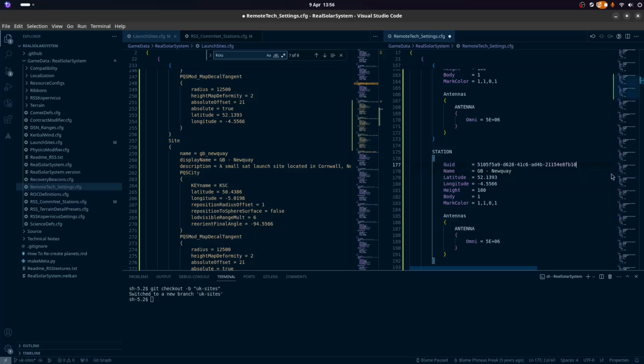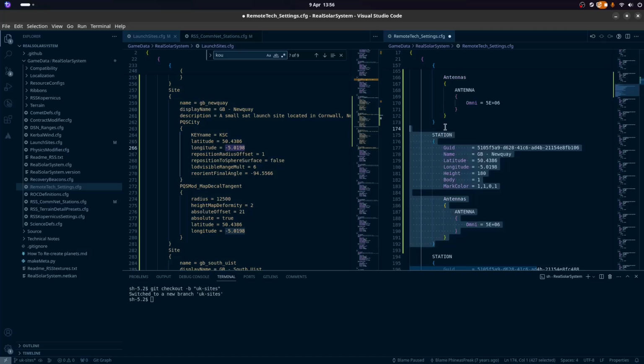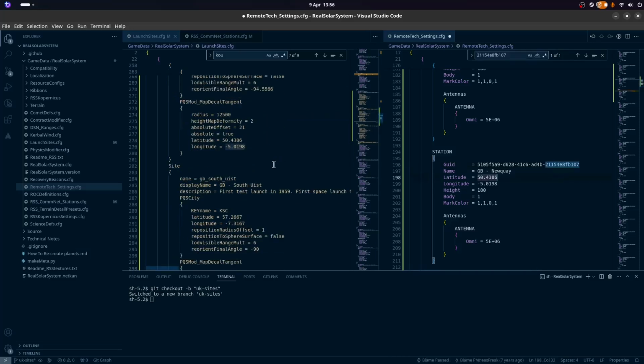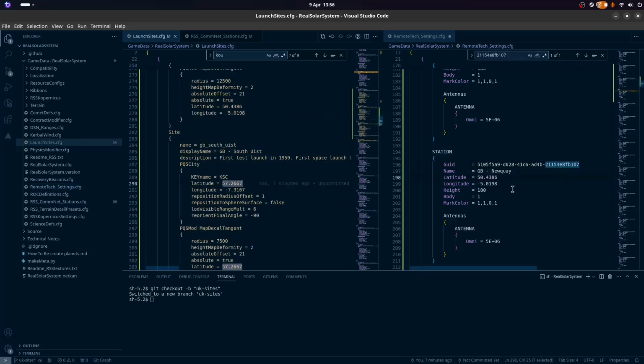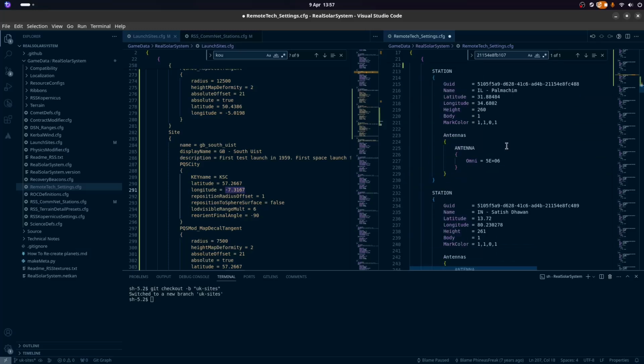And I'm going to increment that to 6. I'm going to copy the latitude and longitude. And we're going to go again, and this will just ensure, hopefully, that all of our spacecraft can communicate with the ground when we launch. And this is Oost, Erst. I don't know why I keep trying to say the name of a place I cannot pronounce. So there we go.